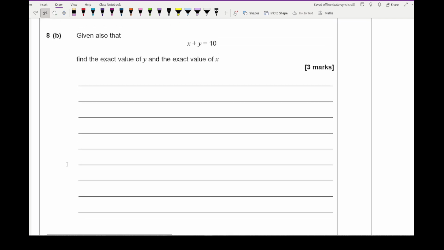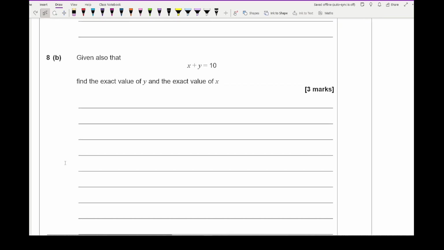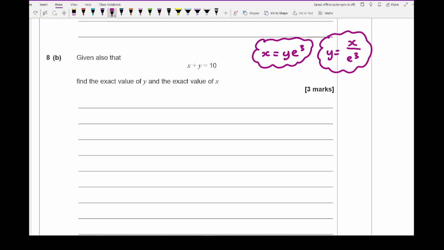Moving on to 8b, it says it is also given that x plus y equals 10. Find the exact values of y and the exact values of x. So this is two parts of a particular question, in which if I use the answer from part A, we know that x equals y e to the 3, and we also know that y equals x over e to the 3, just making those the subject. So if I then go on to look at finding the exact value of x,